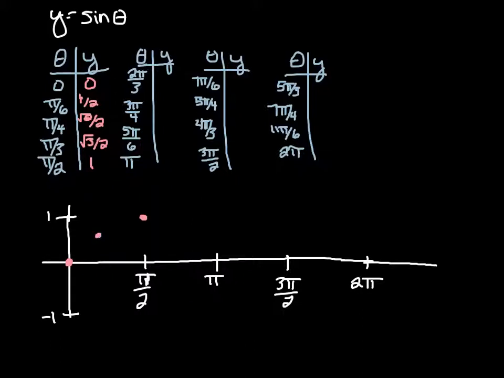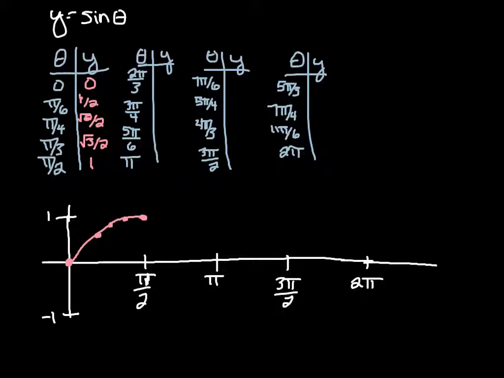And then square root of 2 over 2 for pi over 4. Square root of 3 over 2 for pi over 3. So far we've got something like that. And then 2 pi over 3